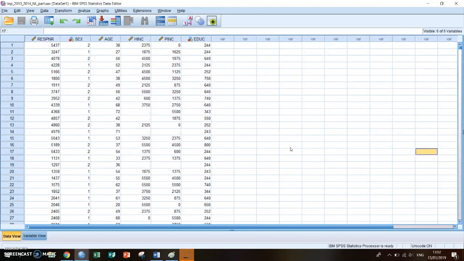I recommend watching the previous two episodes because they explain how you start up SPSS, how you select the right options, and what the data view, variable view, syntax screen and output screen are. And today we will have a look at the next step, which is frequencies and descriptives. Which have been previously mentioned in the last episode, but today we will go into further detail on what exactly